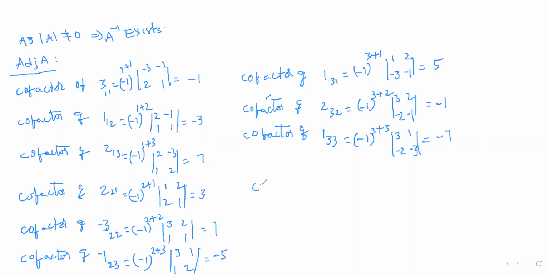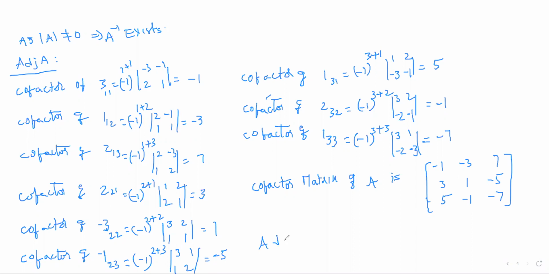So cofactor matrix of capital A. In the cofactor matrix, original elements should be replaced by these elements: minus 1, minus 3, 7, 3, 1, minus 5, 5, minus 1, minus 7. Okay, next, transpose చేస్తే